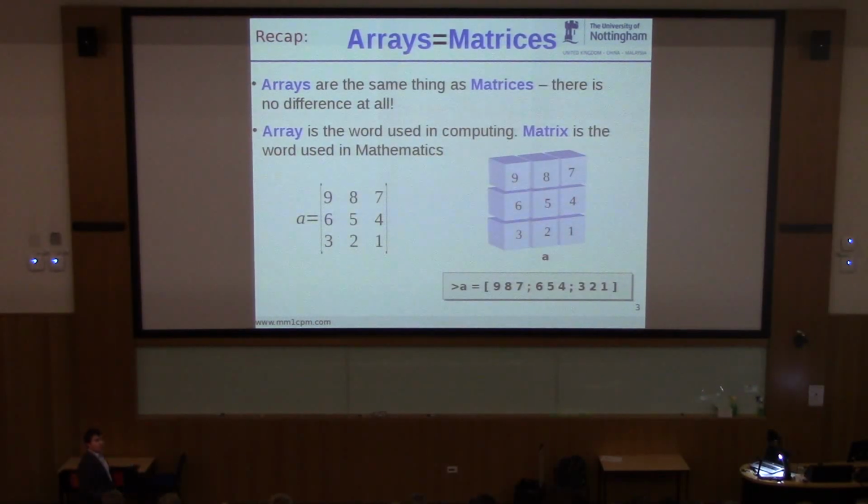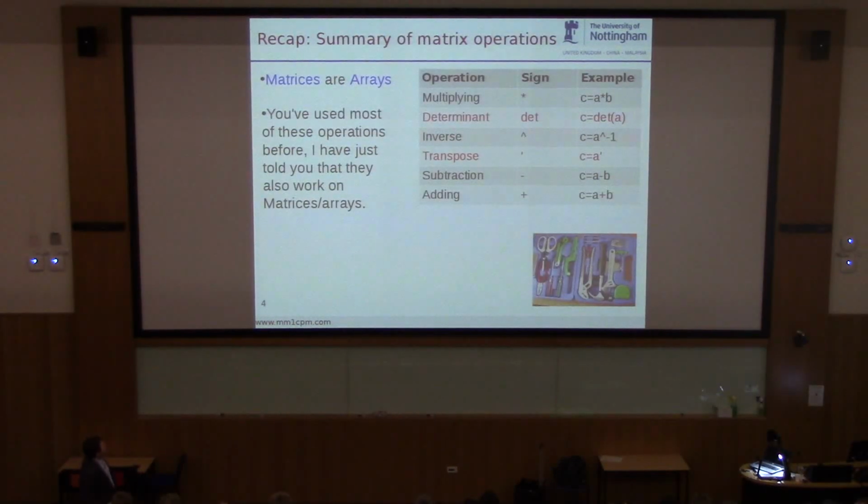So last lecture, I equated the idea of matrices and arrays. I said that a matrix is basically an array. Matrix is a mathematical word that mathematicians use to describe an array, and an array is the computer scientist word for the same thing. So they're completely interchangeable. And I just told you, I didn't teach you because you knew it already, that if you want to do matrix algebra, so multiply, add, divide matrices, you can use all the exact same